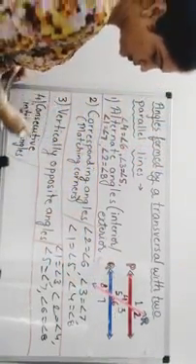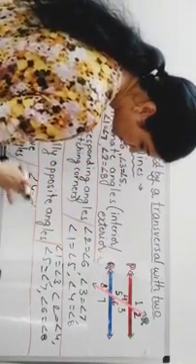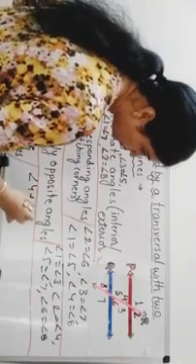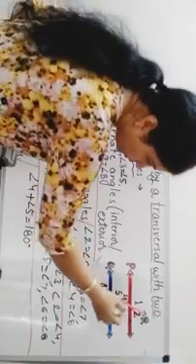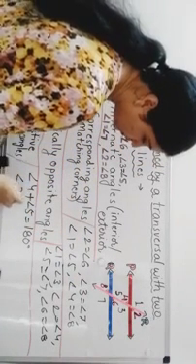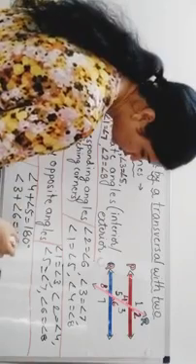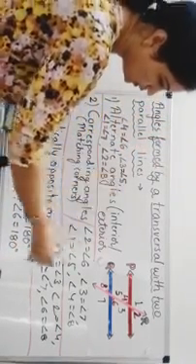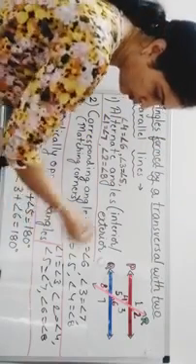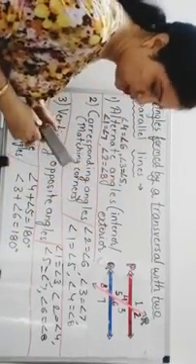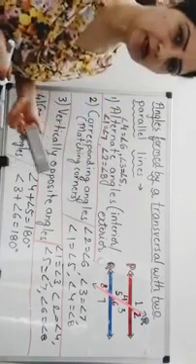Now the property of consecutive interior angles is that the angles are supplementary. Meaning if you add both of these angles, the sum will be 180. Angle 3 and 6 will also be called consecutive angles, and the sum of angle 3 and 6 will be 180. So with all these properties, these 3 pairs are equal, and here they are supplementary angles. These properties we use while we are solving any question. Okay, so I hope these angles and their properties are clear.